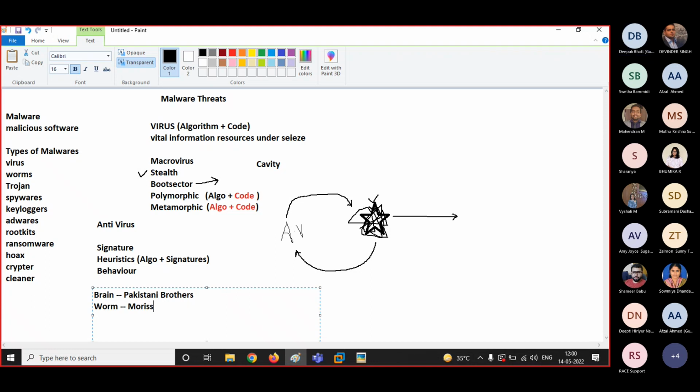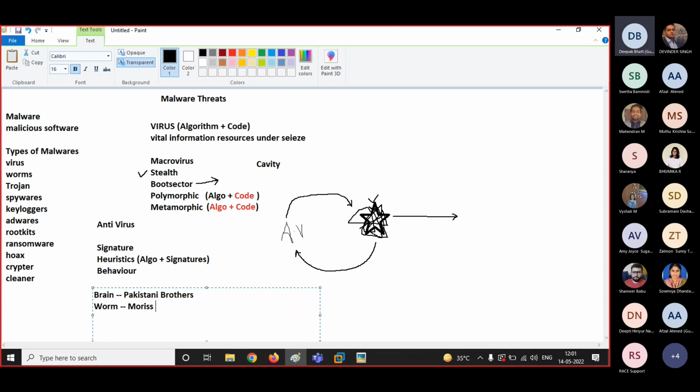You can say by default he created the worm, and because of the worm, most of the organizations in the US were affected. You can say billions of dollars were lost. Later on, this researcher was sent to jail, and a huge penalty was fined against him. So that was Morris.